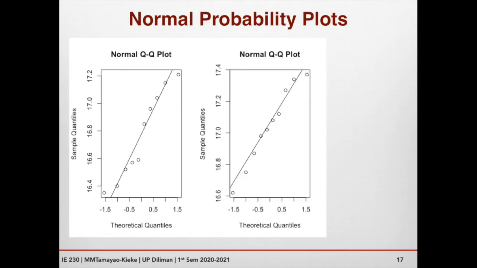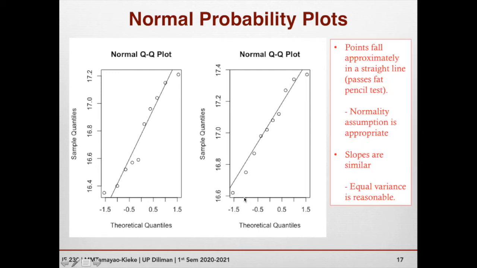For our Portland cement example, this is the normal QQ plot of the modified formulation, while this is for the unmodified formulation. As you can see, both appear to pass the fat pencil test, or the points fall approximately